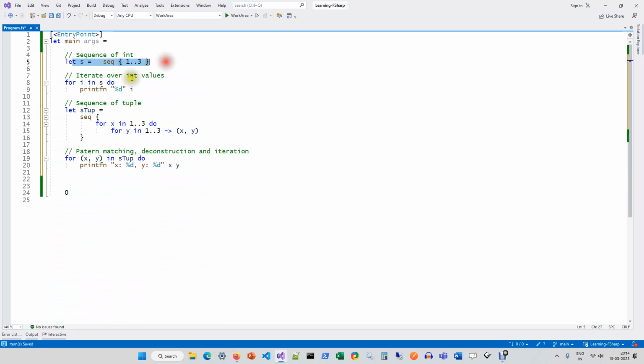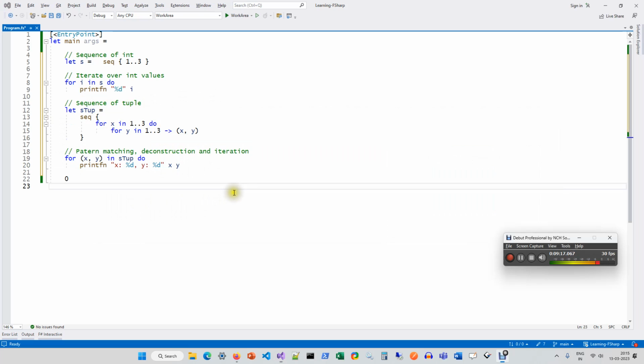So if you have a sequence like this, you can run a for loop. You will not be using a loop like this on many occasions. It's a sequence of tuples, and this is how you can destructure and run a loop. So you can run loops, but that's not a very common thing in F sharp. Nothing is stopping you, but you can always do that. This is an example of a loop over a sequence of integers, and you're iterating over that sequence. This is a sequence of tuples which comes out of the previous example, and you're iterating over it. Via pattern matching, you are deconstructing and looping, both combined. Okay,